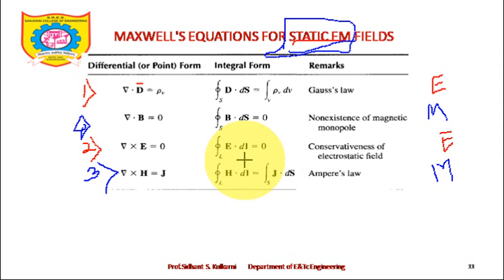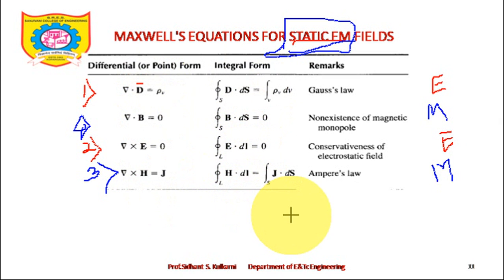See, there is a difference between this surface and this surface. This surface is closed surface, this is open surface. So closed line will form open surface and we get closed line integral of H bar dot dl bar equal to open surface integral J bar dot dS bar. That's the Ampere's law. This is the third expression, and the final expression will be del dot B bar is equal to 0. Divergence means you tell me the answer. If del dot B bar is equal to 0, definitely I am talking about closed surface. So the closed surface integral of B bar dot dS bar is also equal to 0, and these are the point form of the Maxwell's equation. These are the integral form of the Maxwell's equation.